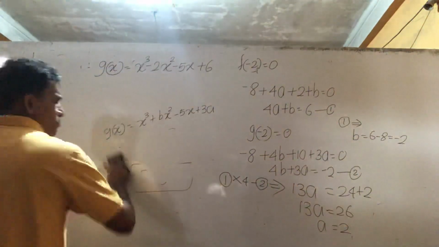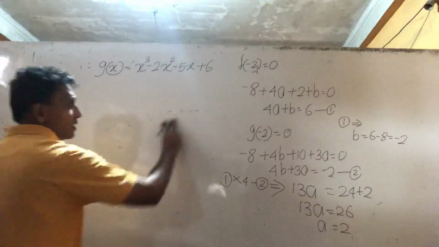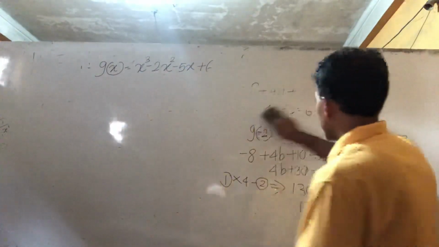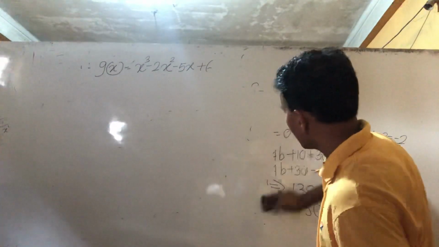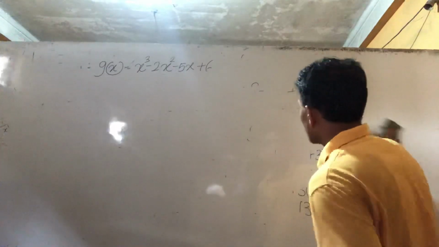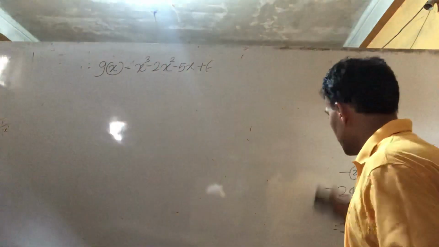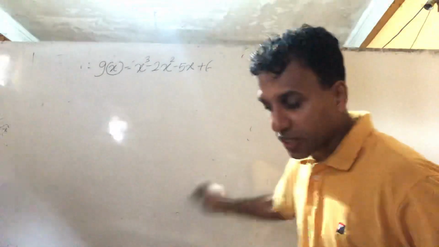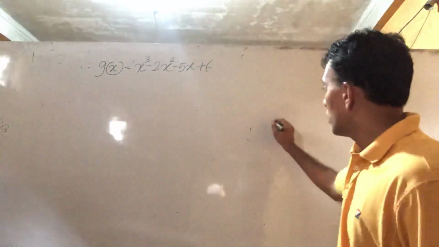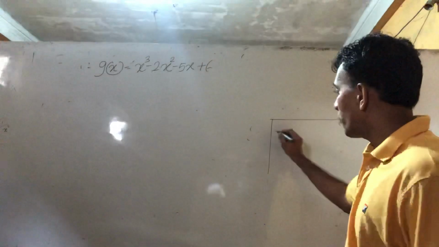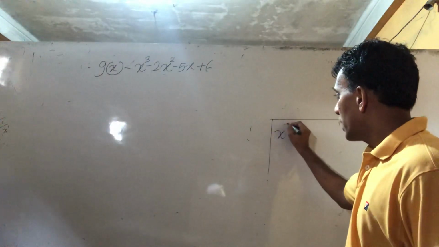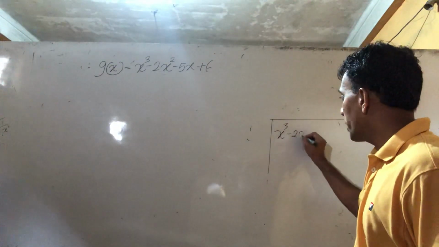For that, we learned various methods. I think it is better I show now the long division to find the remaining factor. Newcomers can see my first video on polynomials, where I showed the idea of long division and synthetic division. So, to find the remaining factor of x cube minus 2x square